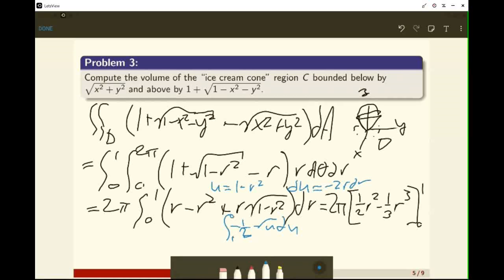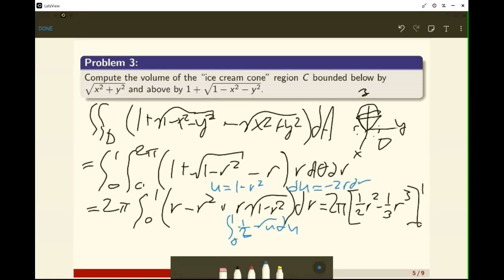And so we may as well take out the minus sign and switch the bounds to the usual order by using the fact that the integral the wrong way around is minus the integral